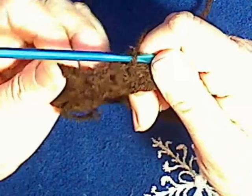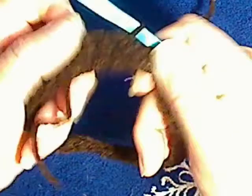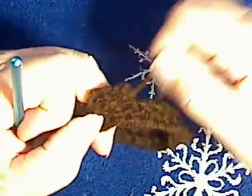Now there's your regular half double crochets. And you can see that they make holes. See the holes in there? Okay. Now if this is going to someone that's going to really need it in cold weather, I would suggest